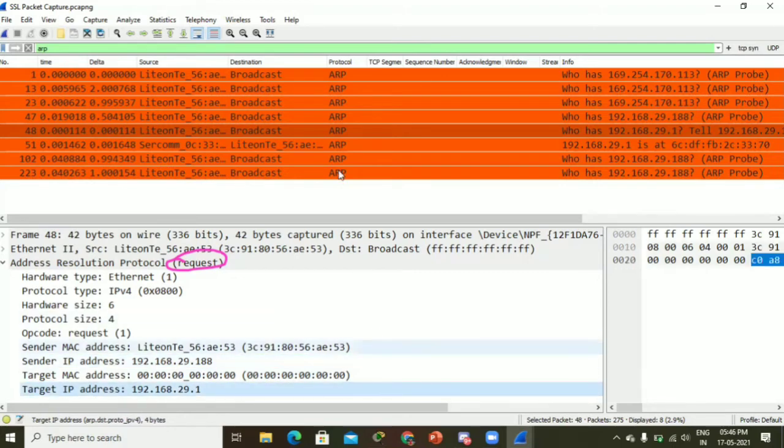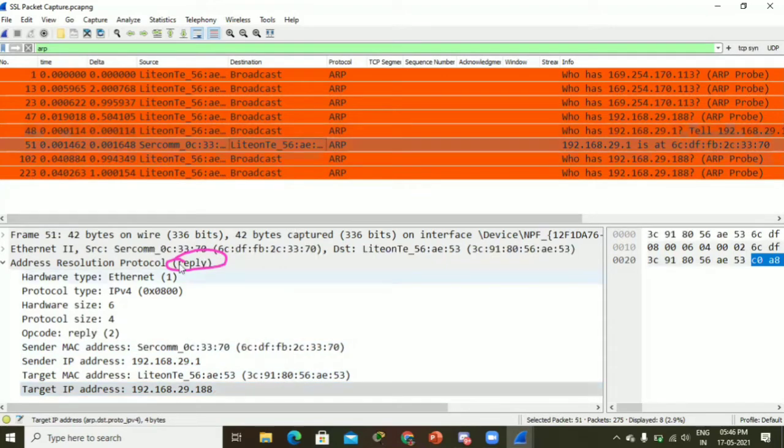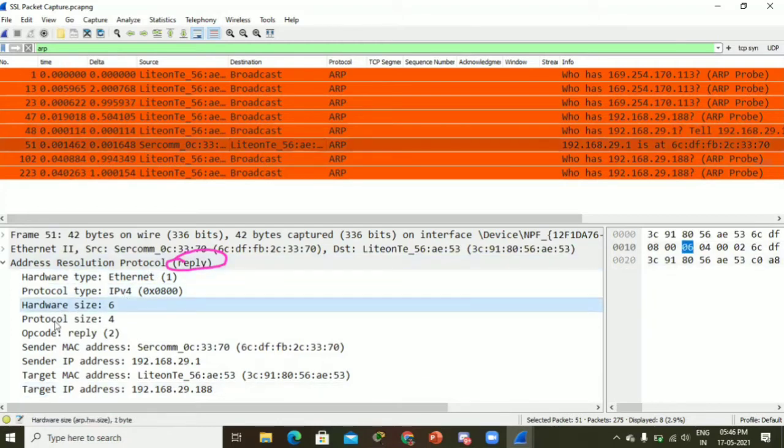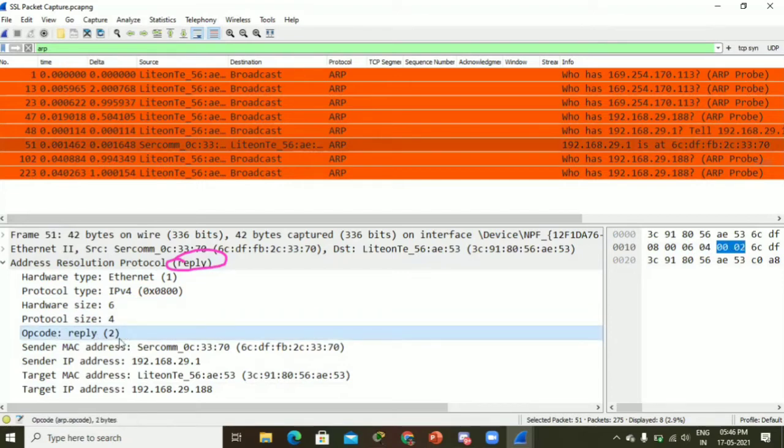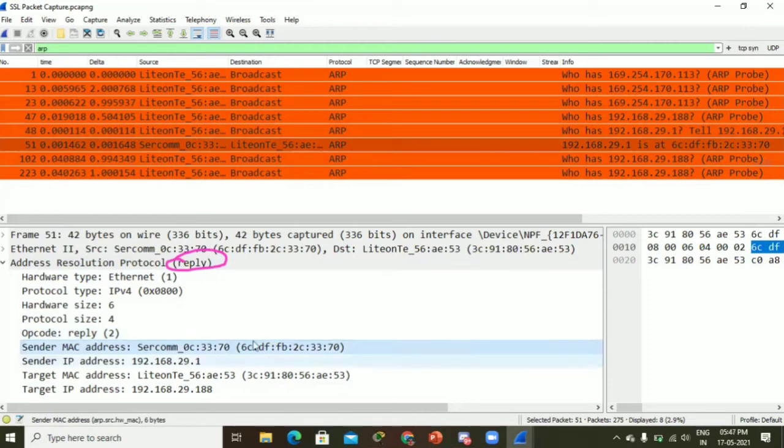Let's go to the ARP reply. Here is the ARP reply. Same hardware type and protocol type, hardware size, protocol size, opcode 2. 2 means reply. Next, sender MAC address, which is the MAC address of the default gateway. Sender IP address 29.1.